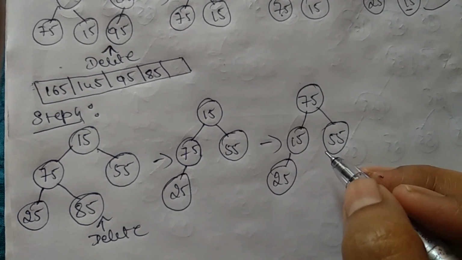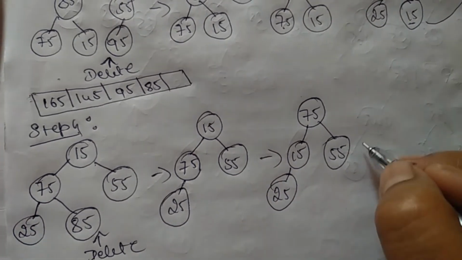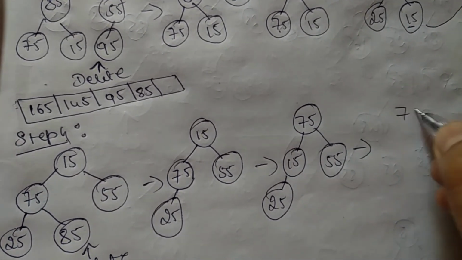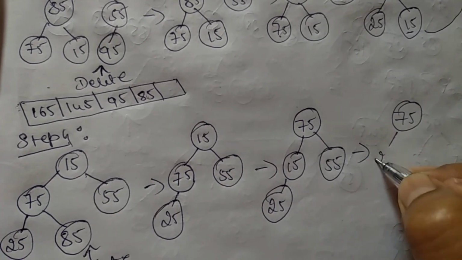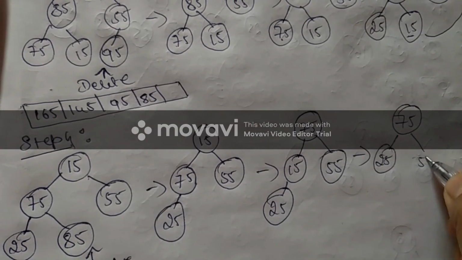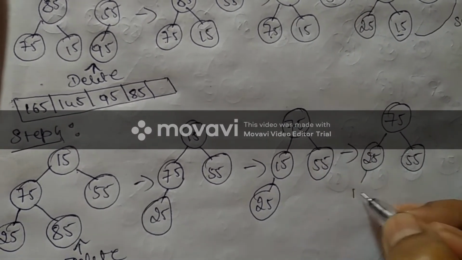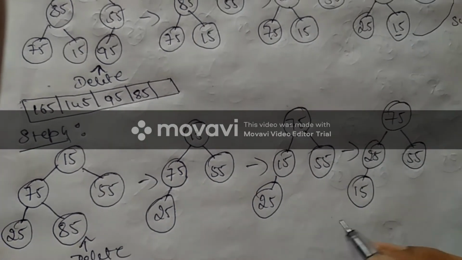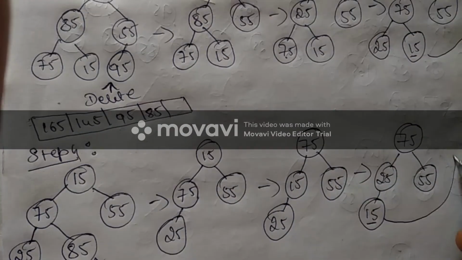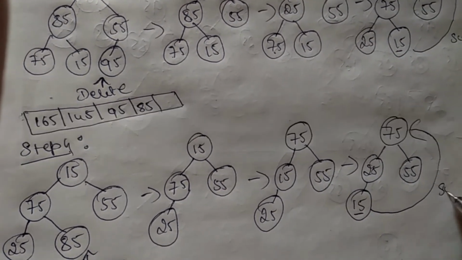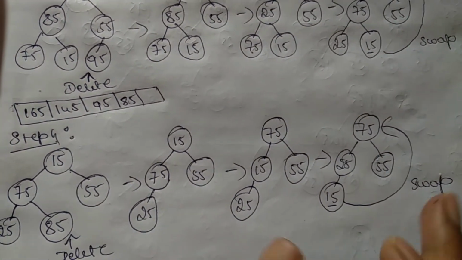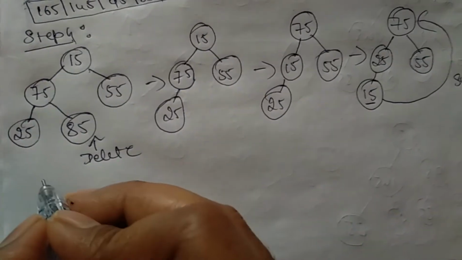Again parental dominance is not satisfied because 25 is greater than 15. Swap. So 75, 25. This is 55. Then 15. Again the last element, swap 15 and 75. Next I'll go for